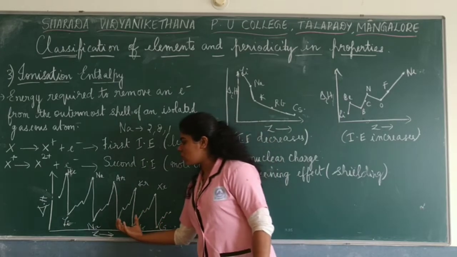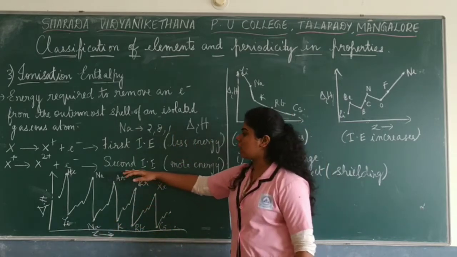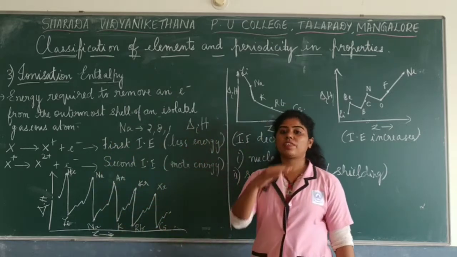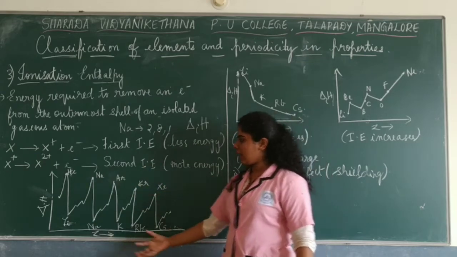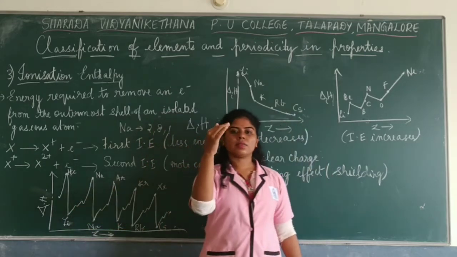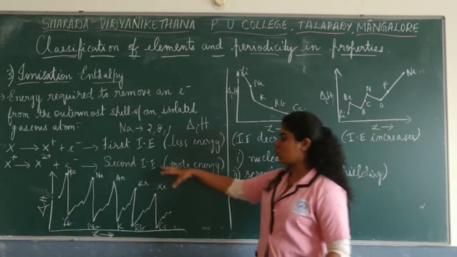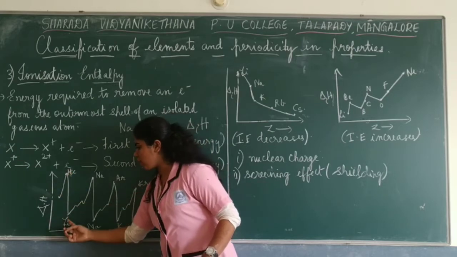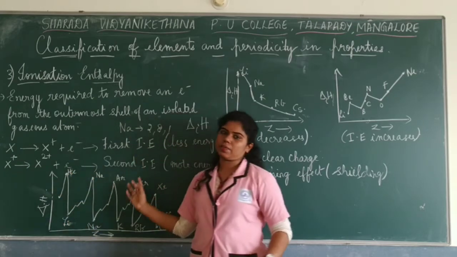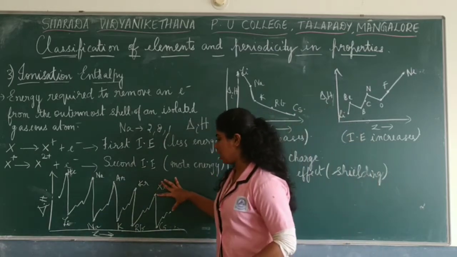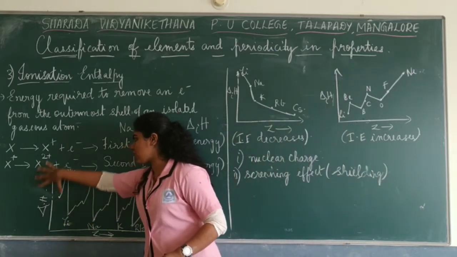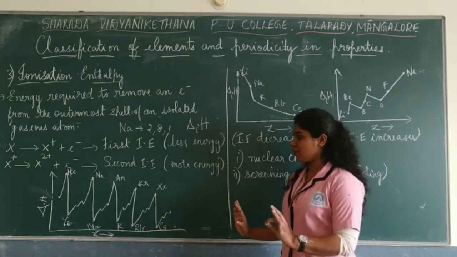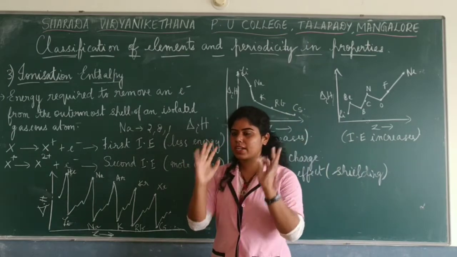Now here just look into this graph wherein the ionization enthalpy is being plotted with the increasing atomic number for the first 60 elements. So here, as you can see, all these curves are having the elements between those. That is, you start from alkali metals till noble gas. Then again you come to the second period, then noble gas. Third period, like that. So here you have the graph of the variation of ionization enthalpy, that is energy, with the increasing atomic number. Now, telling it in a very simple way, understand this properly.